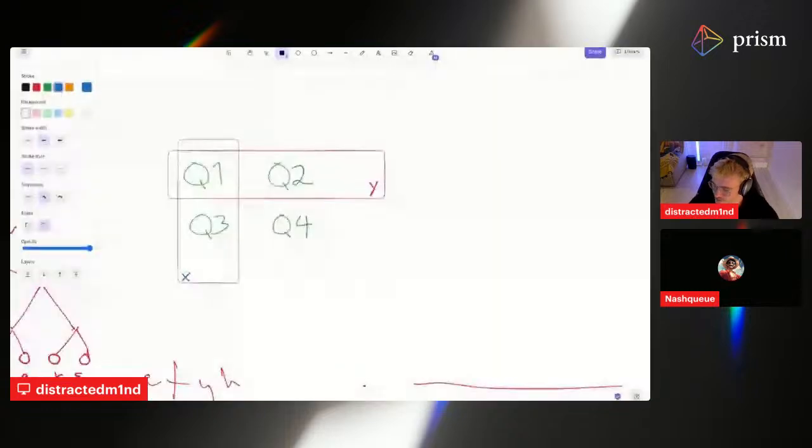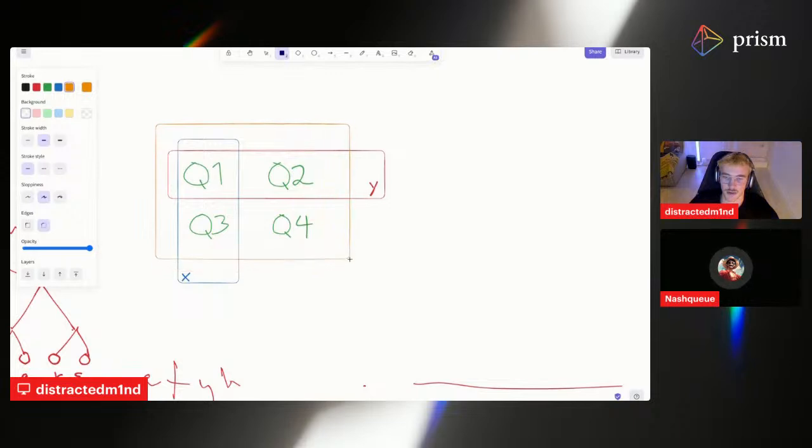Let's try it. So there's that, right? And what else is gonna happen here is we're gonna have a third commitment, which is gonna be the commitment of Z, which is gonna be over all Q1, Q2, Q3, and Q4.